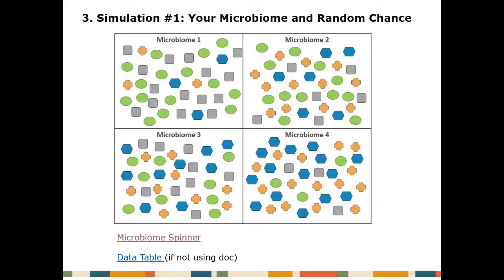And I could use some help with this part if one of you has your data table accessible, because to be able to write down the data as we collect it, we're going to do this all as a group. So for this activity, we need the microbiome spinner